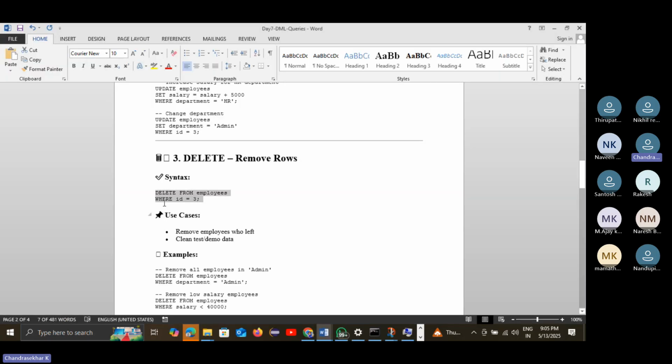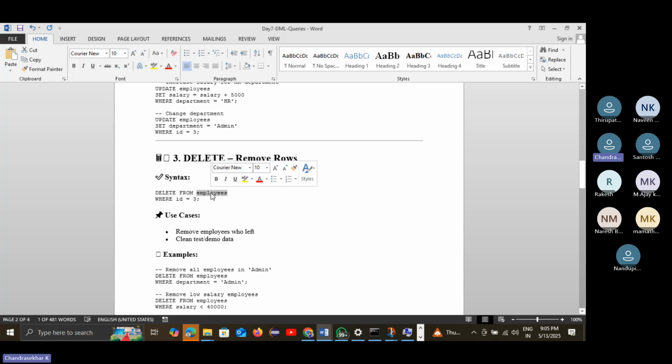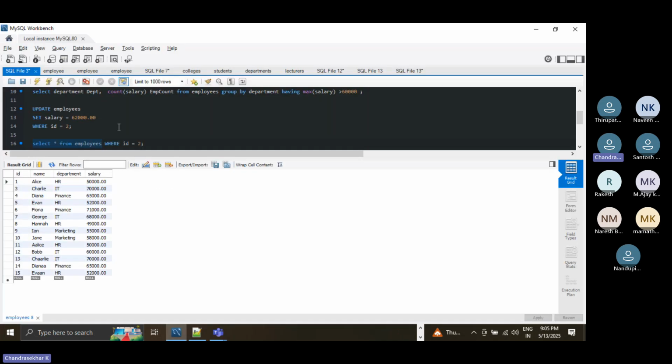Right? So the syntax is always delete from employees. Okay. So when I say delete, it always deletes. I'll keep a comment here. Delete row. Okay. Column or a few columns